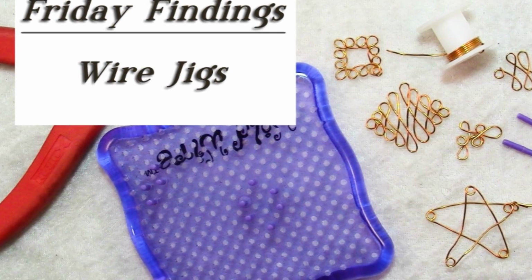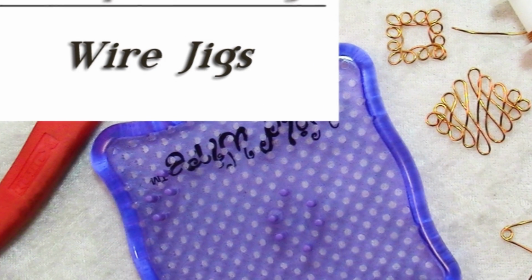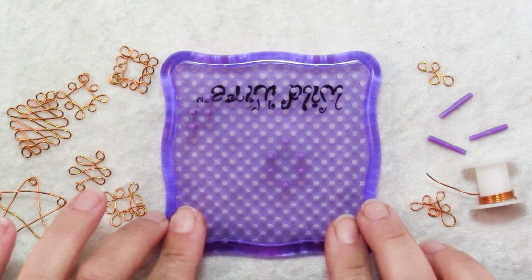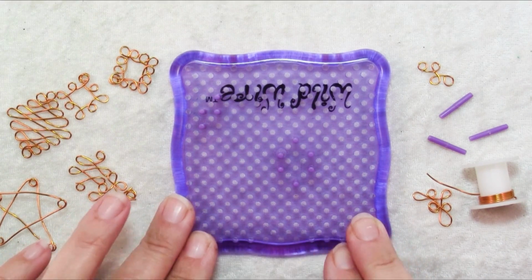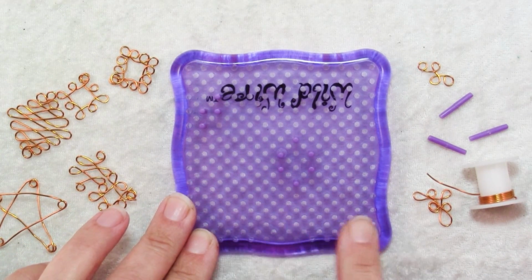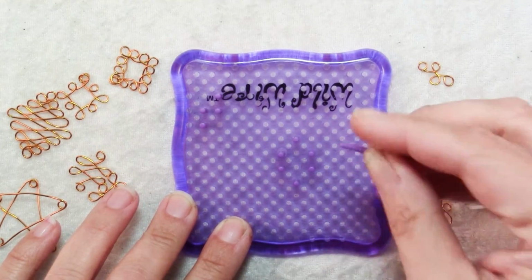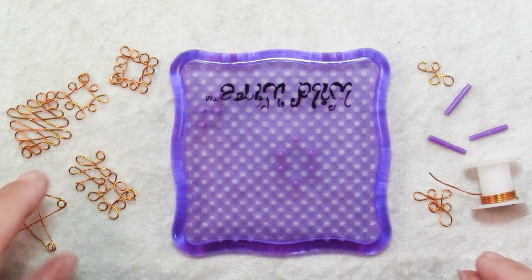Today I'm going to talk to you about a fun tool that you can use in your jewelry making. It's a wire jig. So this is a wire jig, and this is a simple basic one. It's made out of plastic, and it's just a board with a grid of evenly spaced holes. And your wire jig comes with these little plastic pegs that fit in the holes, and then you use it